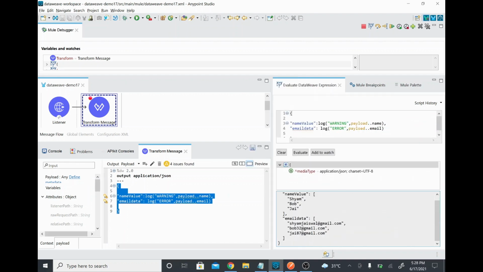So for example, name, value, email, data, right? So this is what I wanted to give. I just tried the first time with warning and error, right? Now I will change this. Still my debug is running only. I'll change this to warning 1 and error 1, and I'll click evaluate. Okay, so the same output will come, because whatever you are printing, there is no change, correct? So warning 1 and error 1. Now what I'll do, warning 2, error 2. I'll do an evaluate again, so that we are able to see the output.